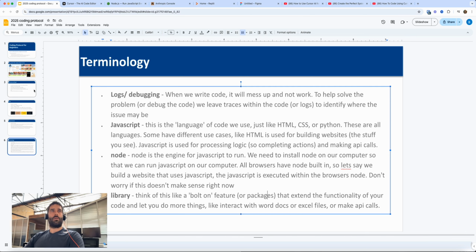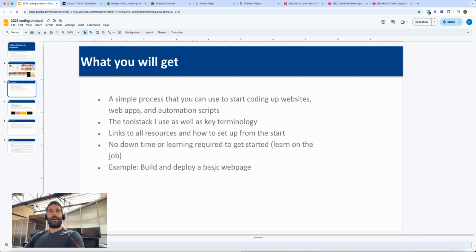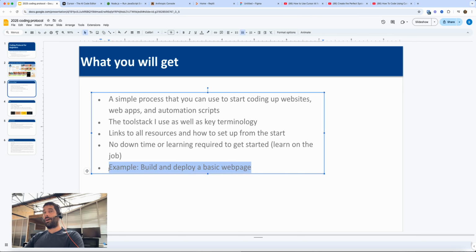So, okay, we spoke about all this stuff. Now, let's actually take this puppy for a ride. We're going to be building a very basic web page. I could sit here and keep making different examples of watch me code this, watch me code that, and you can do that. But the real learning happens when you just pick a project and you build it. So I'm just going to show you how to build and deploy this web page. I'm going to use Cursor, code it up, and then copy it across to Replit and deploy it on Replit, just so you can see the start to finish process.